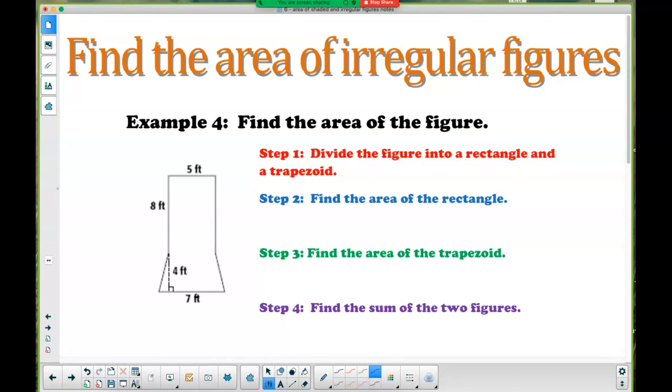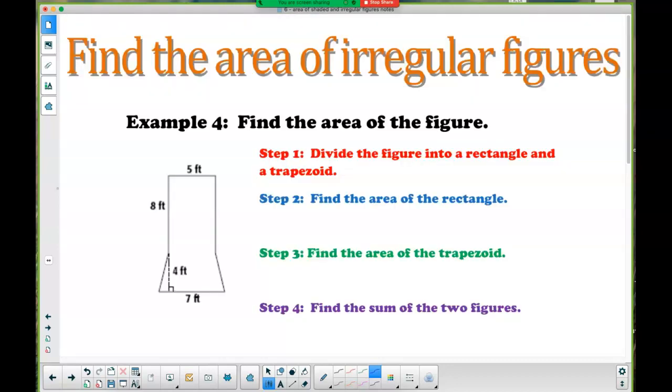Yeah, the doorway. If you look at the floor, it has all these weird cutouts because of the cabinets, because of where the door is. Along the wall over there, it has to go around the cabinet and back in the corner. Okay? So it kind of looks like a square or rectangle, but it's not perfect. So we need to be able to find the area of these kind of odd shapes. So if I look at example 4,